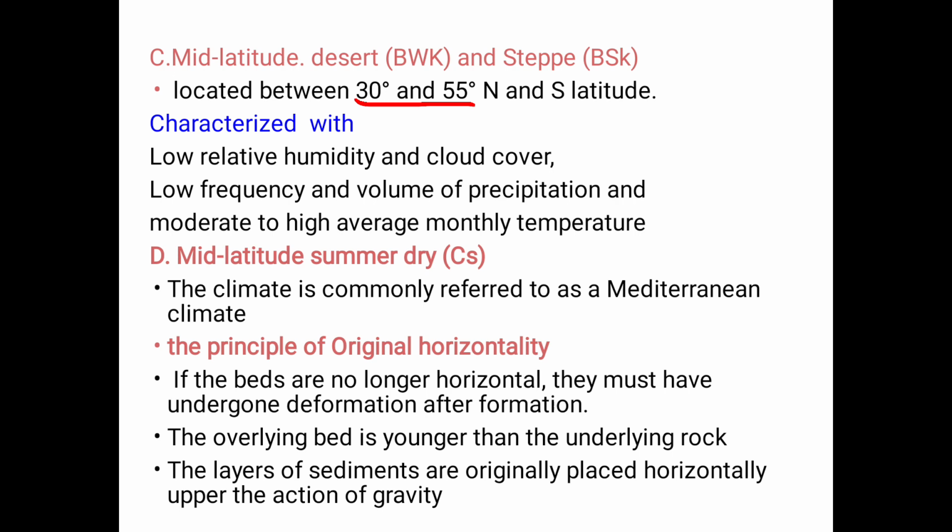Another, the fourth category of mid-latitude climate zone is mid-latitude summer dry, which is denoted by CS. The climate is commonly referred to as the Mediterranean climate. Okay, Mediterranean climate is known with having the inverse climatic condition with Ethiopia, which means the summer is dry and